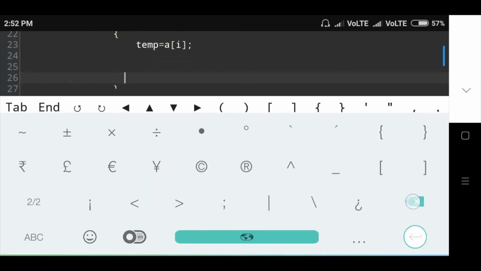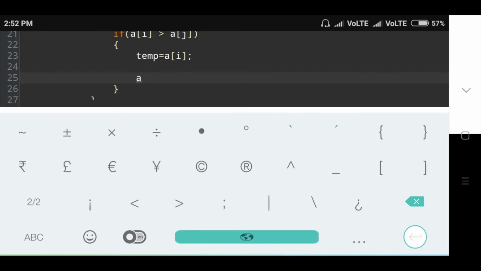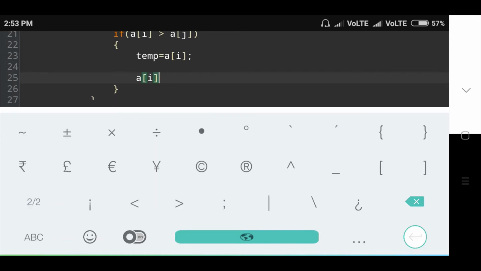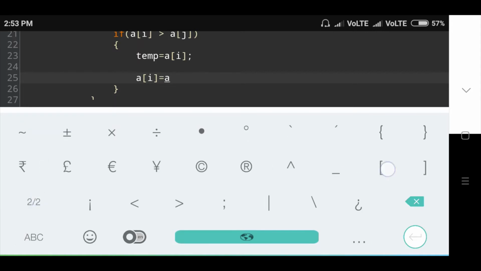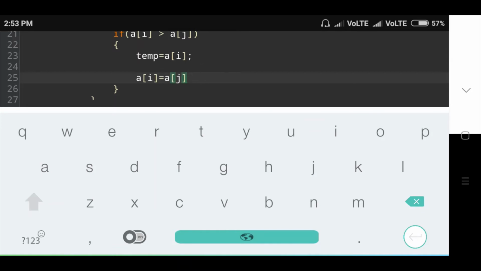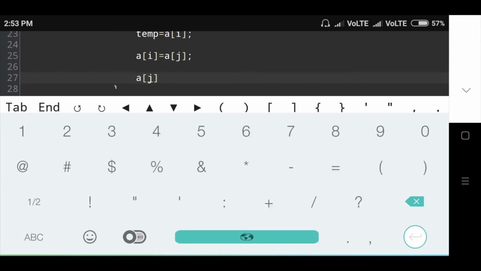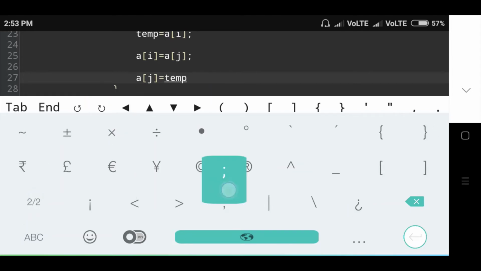Then the second condition is a of i is equal to a of j, then semicolon. Then the next condition, a of j is equal to temporary, then semicolon.